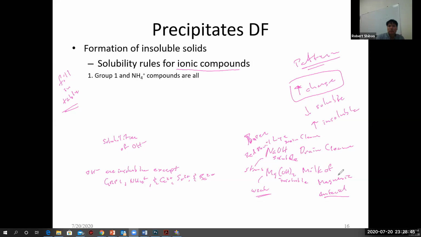And what makes magnesium hydroxide weak is because of its insolubility. When you drink milk of magnesia, it's a paste. It's a really pasty, powdery liquid because there's a whole bunch of dry magnesium hydroxide suspended in a mixture of pink liquid. It's not very appetizing, and it's very pasty because of the solid, because mostly it's insoluble. It doesn't dissolve. And that's why it's safe to drink, because otherwise, if it were soluble like sodium hydroxide, you'd be pouring drain cleaner down your throat, which would cause serious damage. And so that's the difference there.